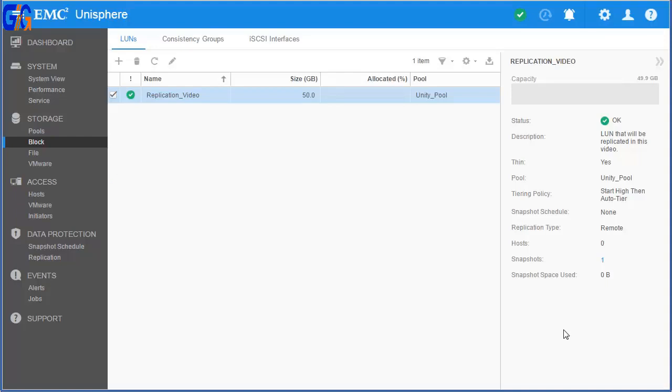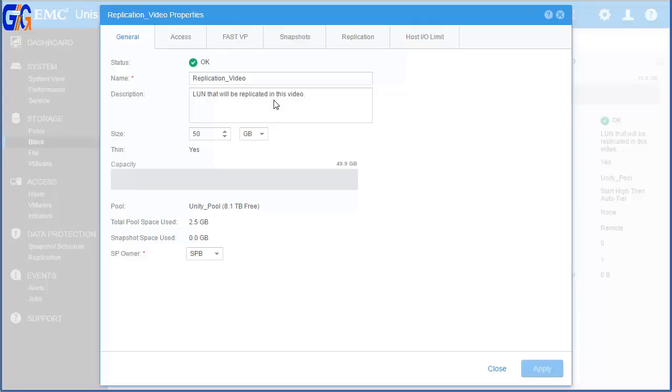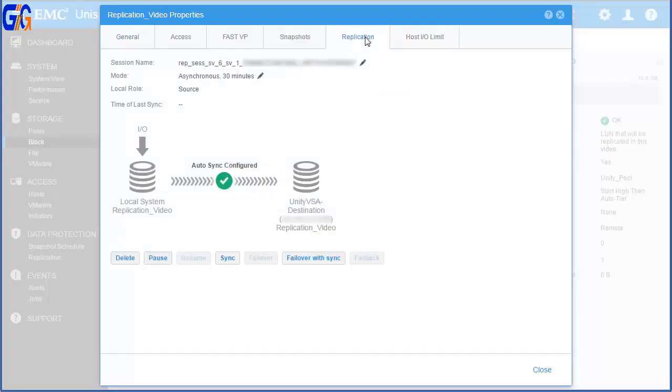We can view the replication session from two places: the Properties page of the LUN, as well as the Replication Sessions page. Let's start with the former. Double-click the LUN to open its properties. Click the Replication tab. Here we can see the details of the replication session, including the direction of replication, which side is actively accepting I/O, and our replication operations, including pause, sync, failover with sync, and delete. Note that only the applicable replication operations for the given system and resource are available, preventing you from executing an